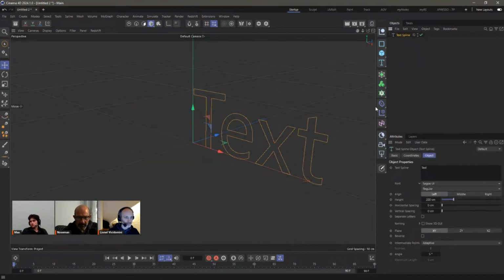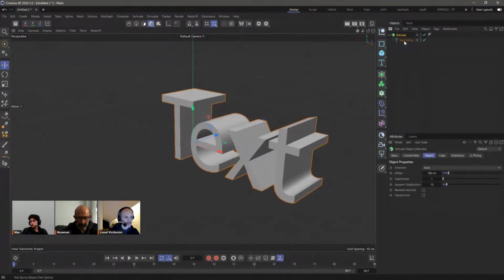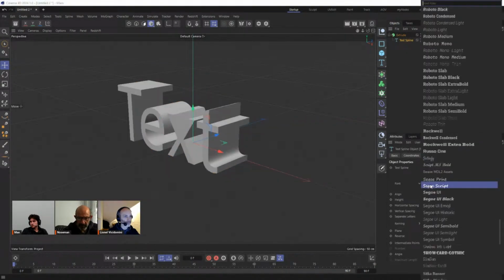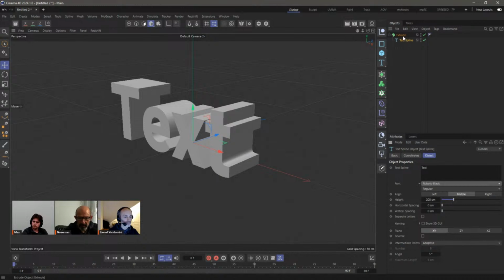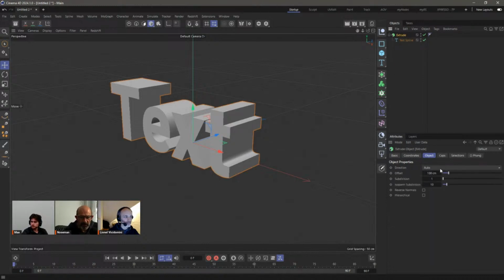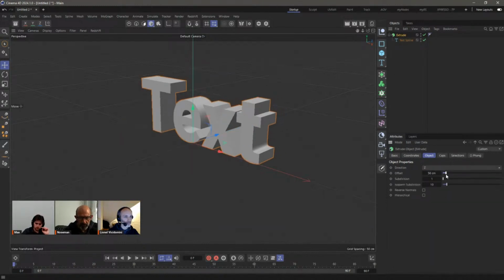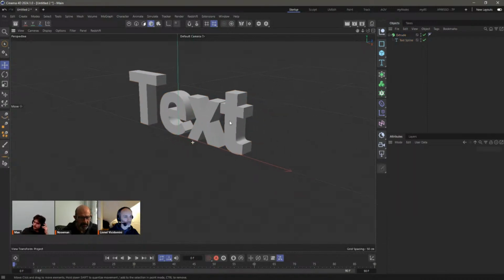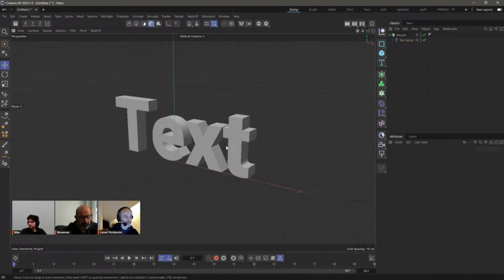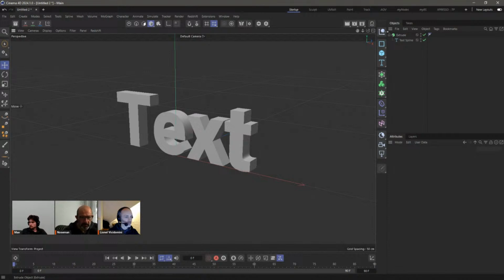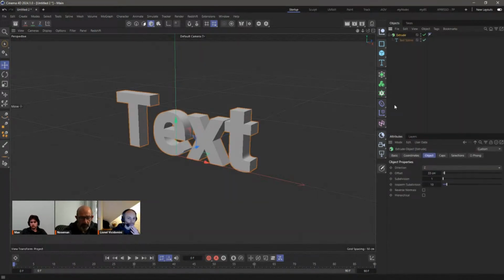I'm going to get a little text and extrude it, and that's not what I'm going to show. I'm just going to make it a bit thicker to make it interesting. Okay. So the general impression is that if you want to use the Redshift volume shader to create Pyro, you actually need to create Pyro. So you would take this, you would add a Pyro and whatnot. But there is a way where you can manually create a volume set that contains temperature and density and whatever else you need in a very specific way.